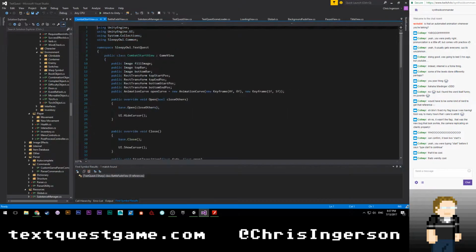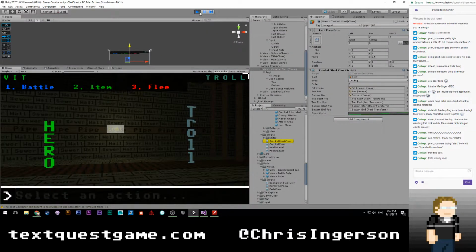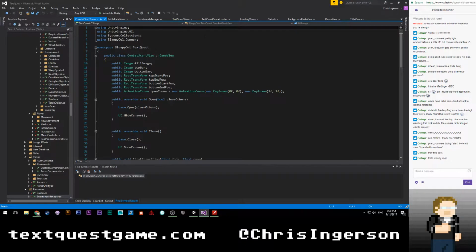All right, well, let's just go ahead and look at this. And then we'll stop playing. So what should happen is we should have a shutter effect where we have a black bar on top and a black bar on bottom, completely covering the screen. And then they move up and down to look like they're opening. But obviously that didn't happen. And it never happens in builds, but it has happened in the editor, like it should. So it's weird that builds are broken.